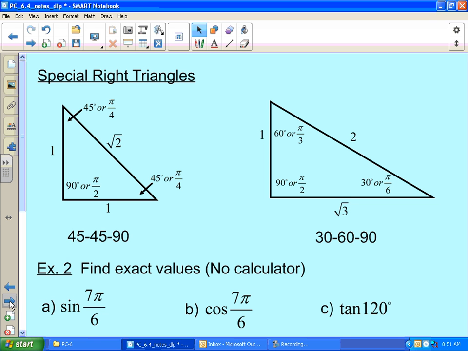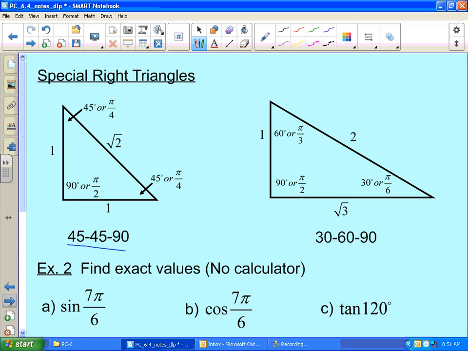Special right triangles. You've probably already seen these in geometry. But these right triangles have relationships between their sides that are always a ratio, a unique ratio. For example, on our 45, 45, 90 triangle, which is this one here,